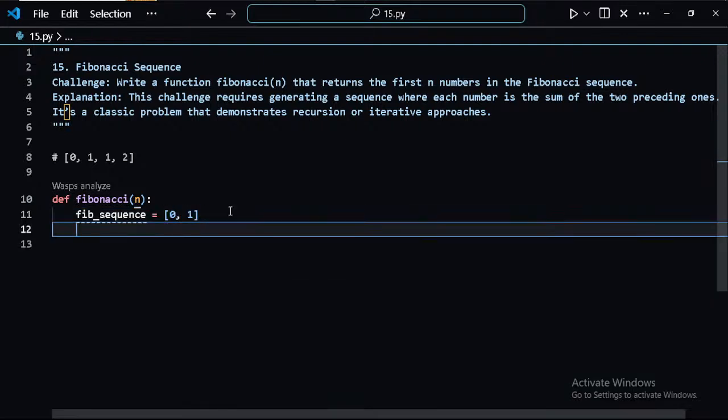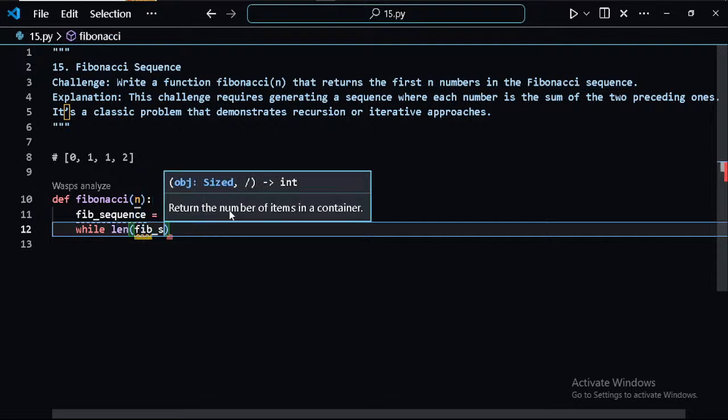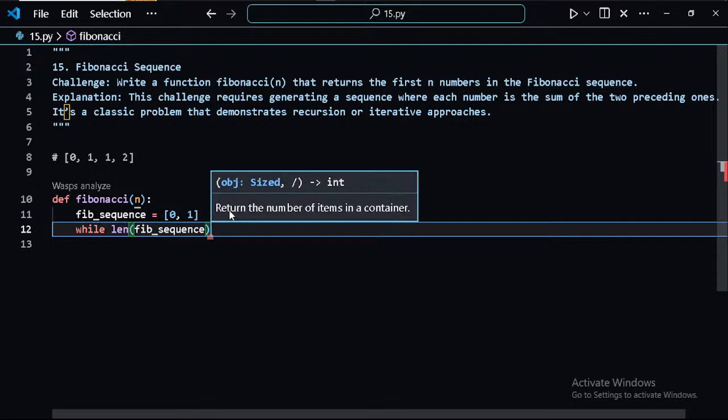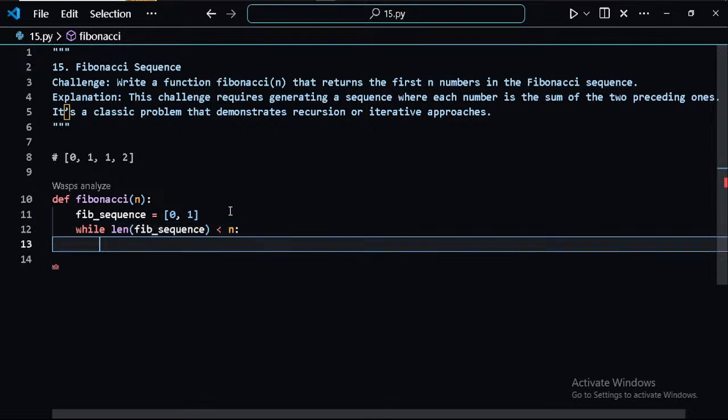Then while the length of fib sequence is less than n,